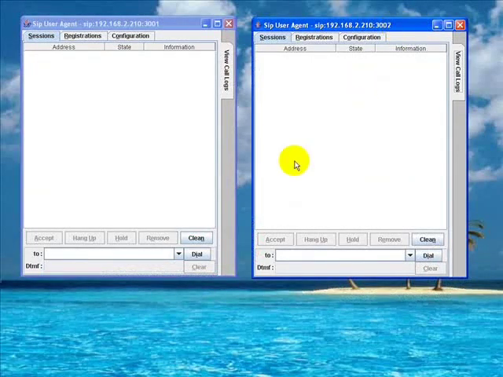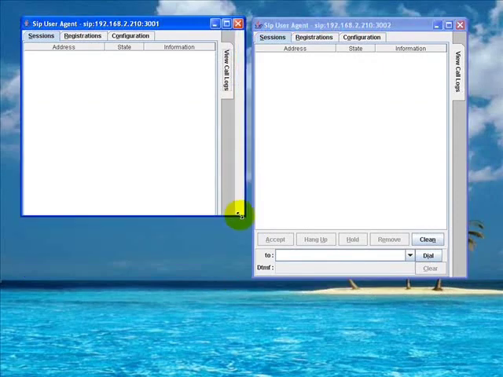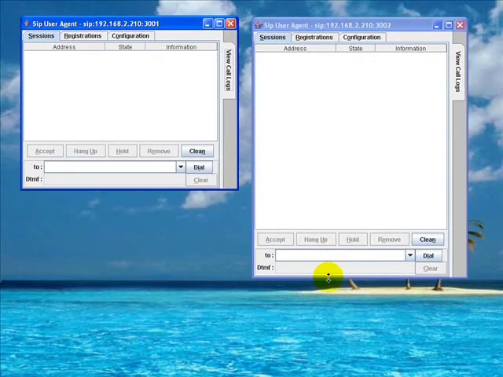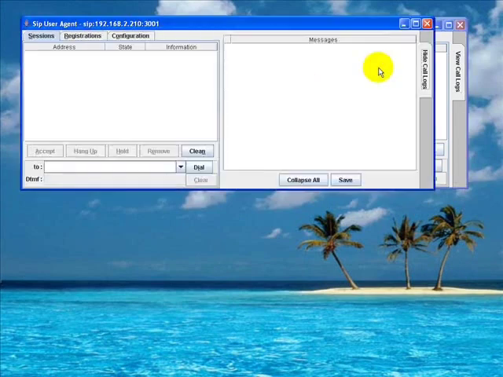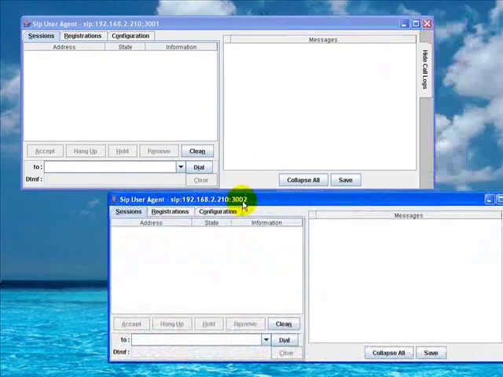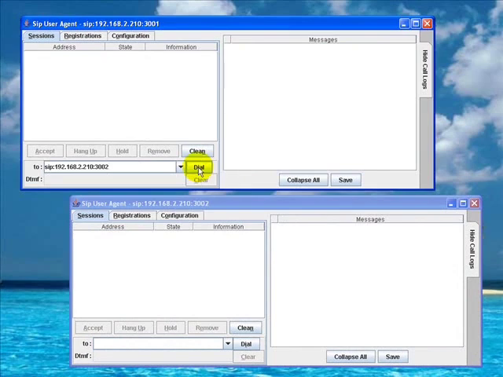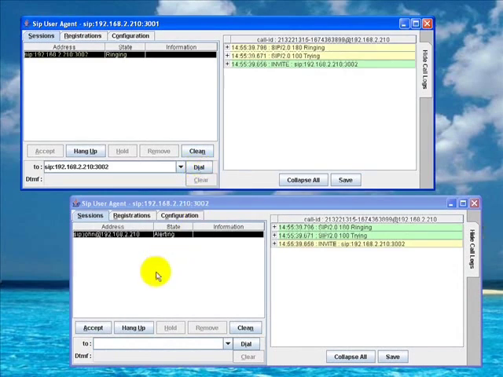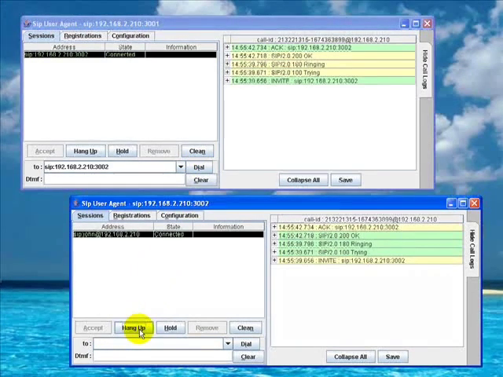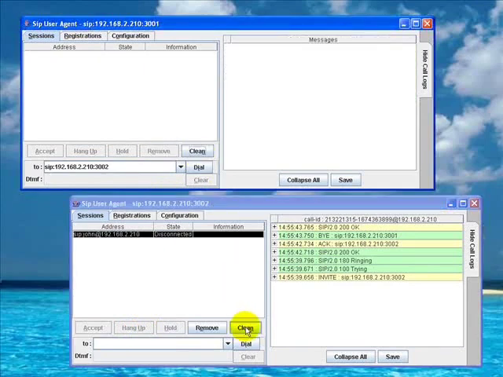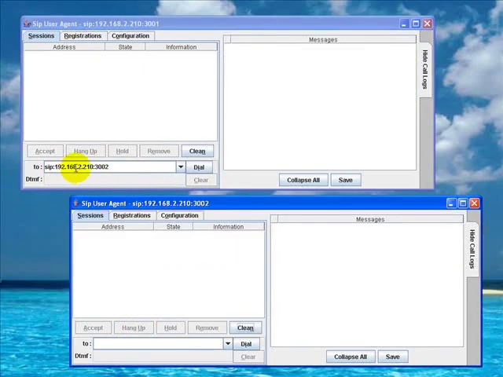So here's how I'll do it. I'll just rearrange the user agents a little bit here, give myself a bit more space. And I'll open up the call tabs so we can see what's going on there. Okay, so I'll just bring up the same address I used last time and click dial. And we can see straight away the call's being set up. I'll accept, and hang up. So I'll clean up, and all I need to do now is change one of these digits